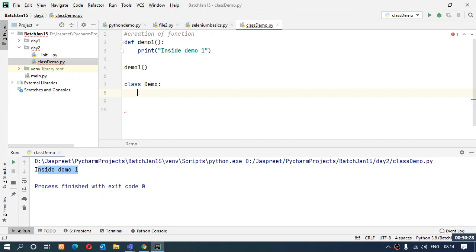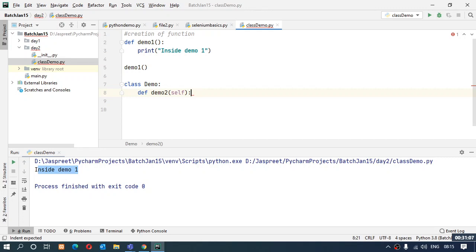So now if I simply make a function inside this class, function creation is the same, with the keyword def followed by the name of your function. Now when I do the same thing that I've done above, automatically a keyword has come up. This is the self keyword. Why has it come? The self keyword automatically comes when you create functions inside a class, and it helps you to use the class variables and class functions.